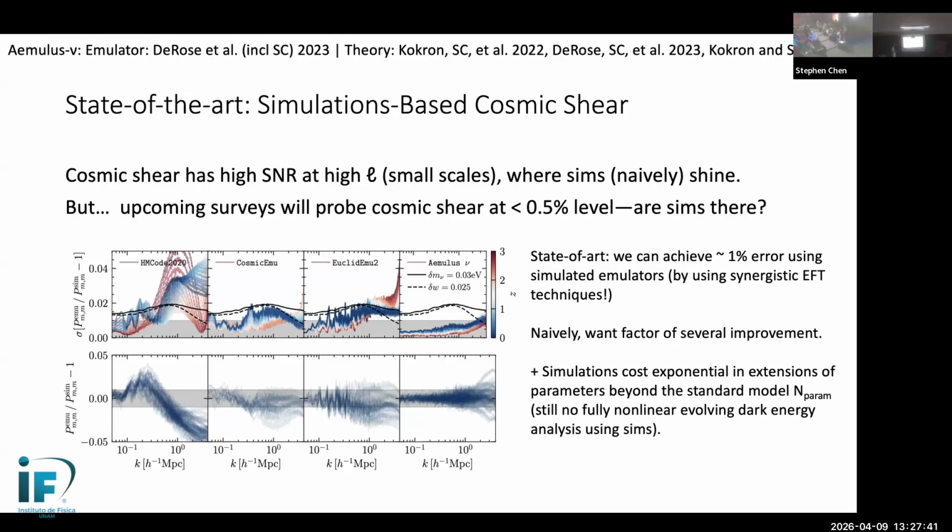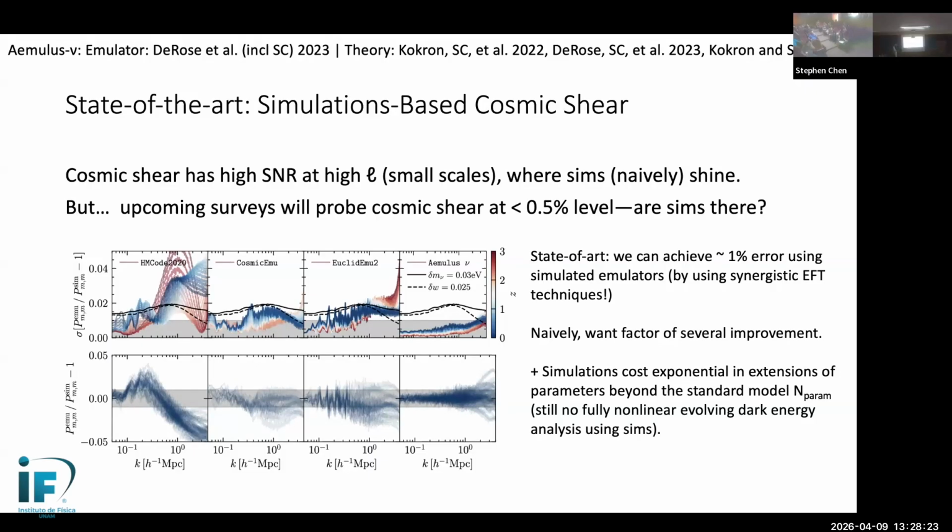And here I'm showing this plot, which I took from my paper with Joe Dareos and other colleagues. Here you can see the state of the art for different emulators using simulations for cosmic shear. What you can really see in this picture, I hope, is that the scatter on these simulations, even, shameless advertising, for our state-of-the-art new emulator, is a percent at small scales. So there is not an emulator on the market that can reach this level of precision. And indeed, it is quite hard to imagine simulations reaching this level of precision consistently, even within lambda CDM. And so the state of the art for simulations is really at 1%.